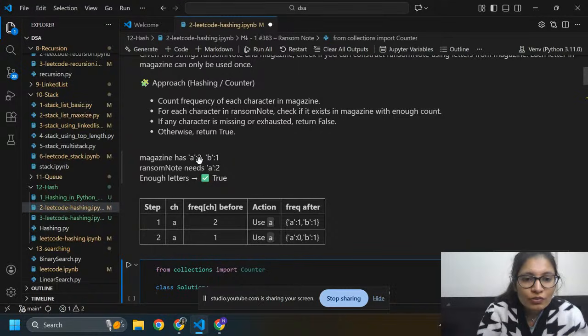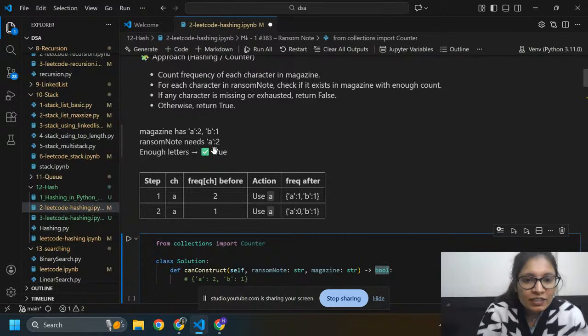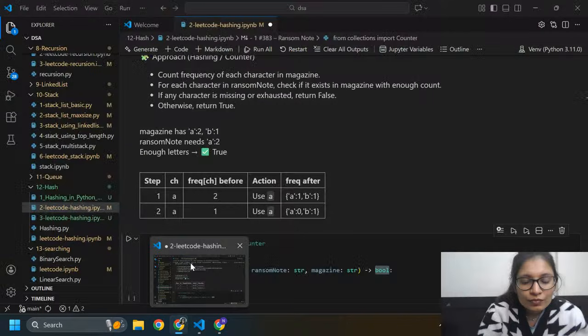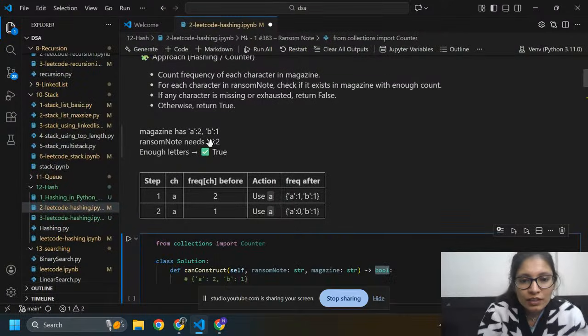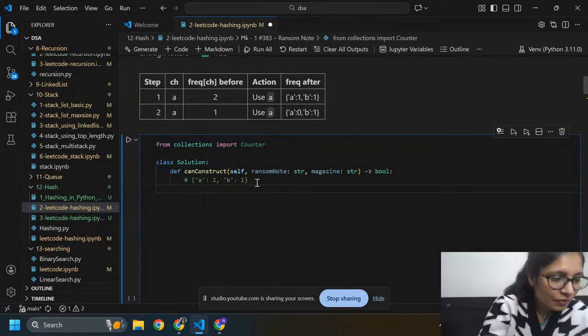So a equals 2 and b equals 1. In ransom note I need a, and its frequency is 2, so it is enough letters and it will give you true.